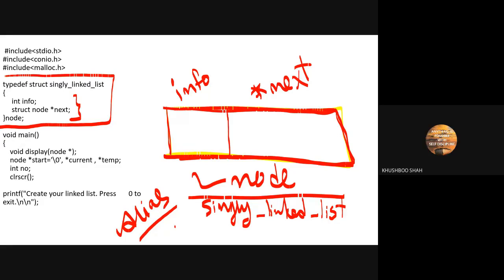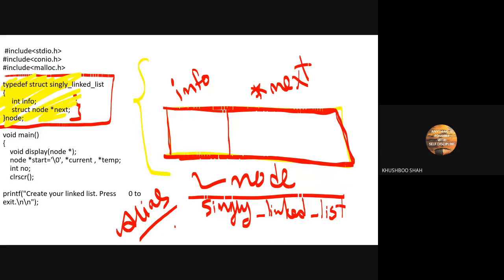Yes, ma'am. Okay. So whenever you see this type of structure, very first try to draw this type of diagram. This is called the graphical representation.